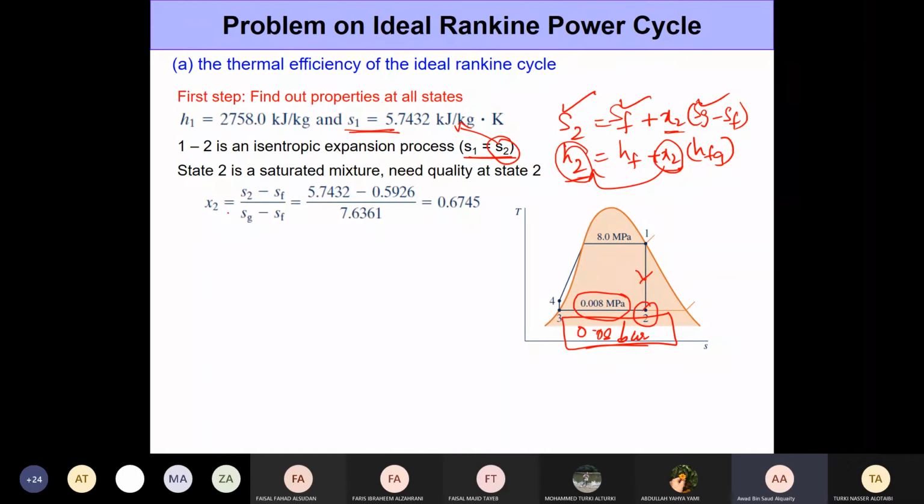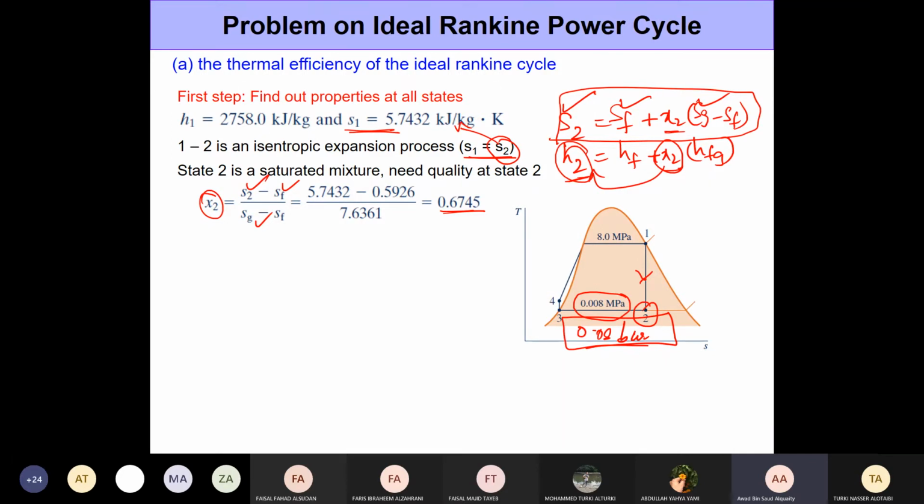So what we do is we make use of this relation between the entropy at state 2 and the quality, and we determine the quality here. We know S2, we know Sf, we know Sg, plug in the numbers, and we get this value for X2. So as you can see, X2 is about 67.5%, right, quality. It's sort of okay, not bad, but maybe we would want it to be slightly higher, right,